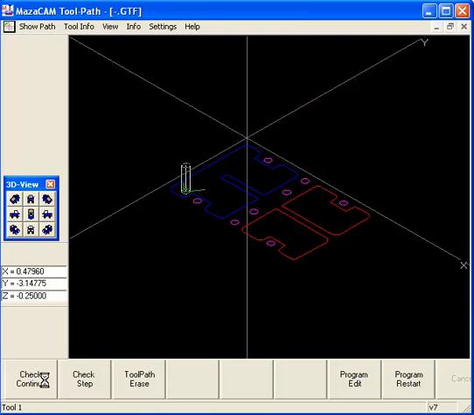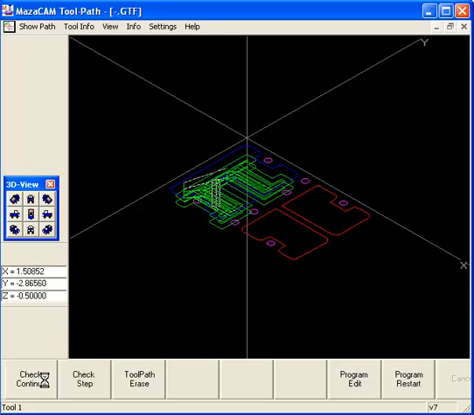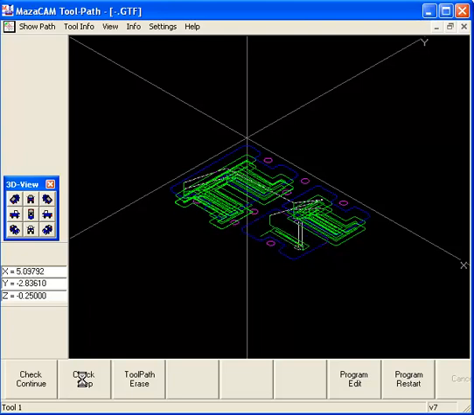You can see that tool doing its various motions in a 3D type of view. I think you get the idea of how that works.